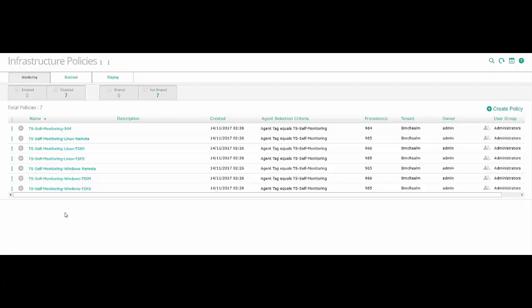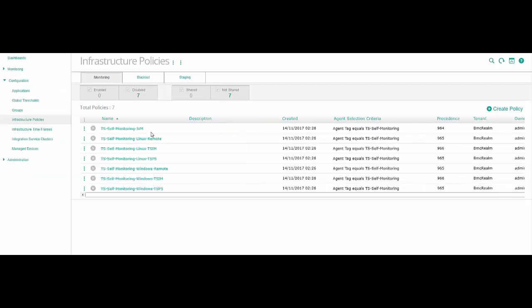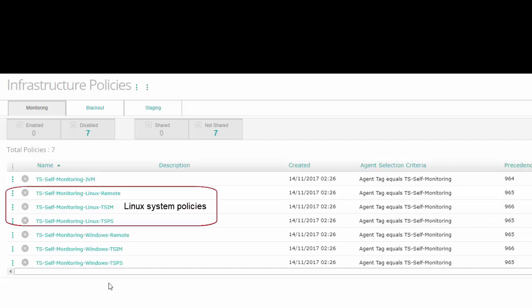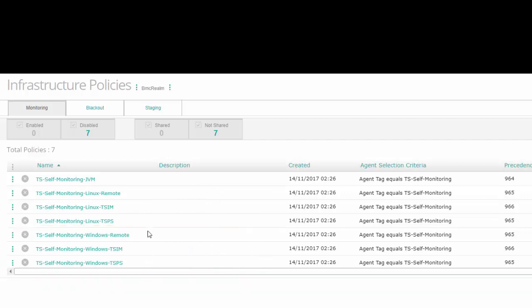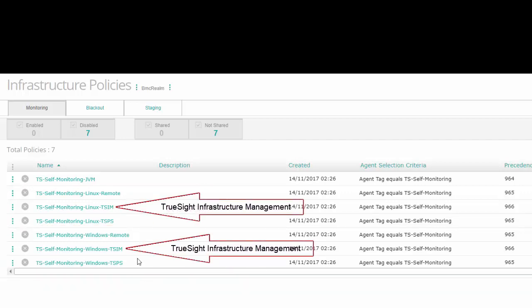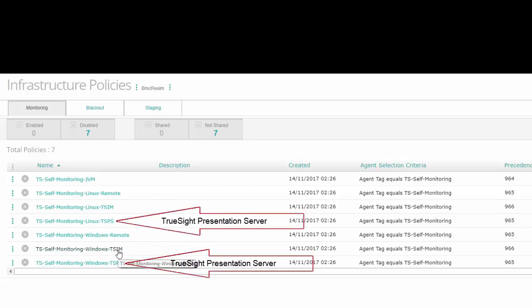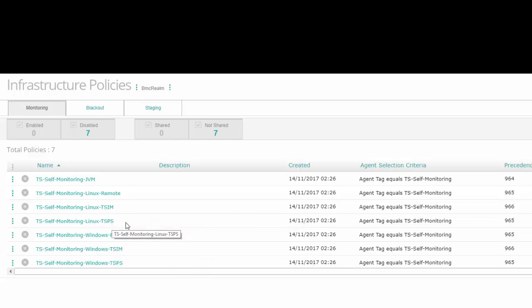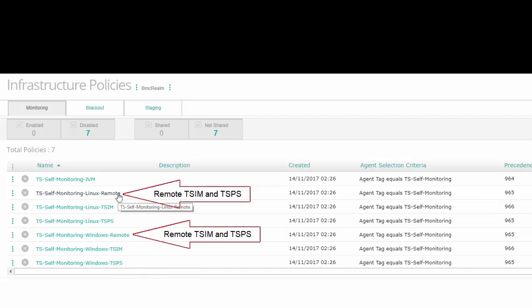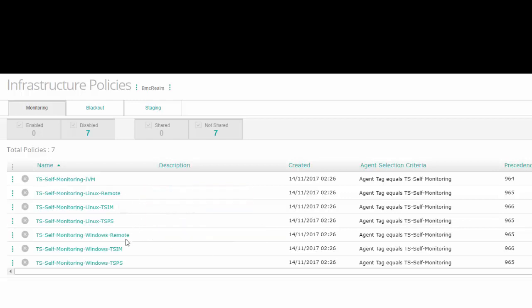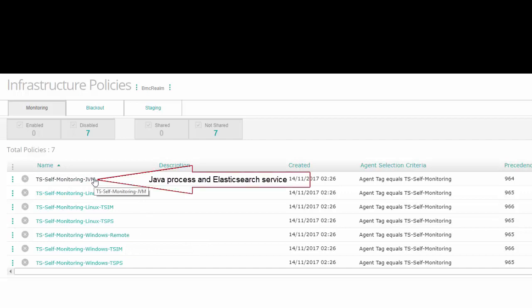After you have imported the policies, we can see the list of predefined policies in the TrueSight console's Infrastructure Policies page. There are 3 policies for Linux systems and 3 for Windows systems. These include 1 policy to monitor the local TrueSight Infrastructure Management Server running on a Linux or a Windows system, 1 policy to monitor the local TrueSight Presentation Server running on a Linux or Windows system, and 1 policy to monitor a remote TrueSight Infrastructure Management and TrueSight Presentation Server running on a Linux or Windows system. If you imported the extended or full repository, there is an additional policy for monitoring the Presentation Server's Java Process